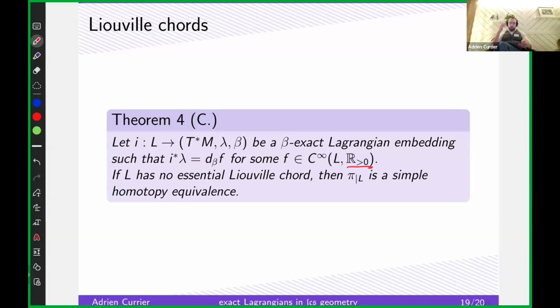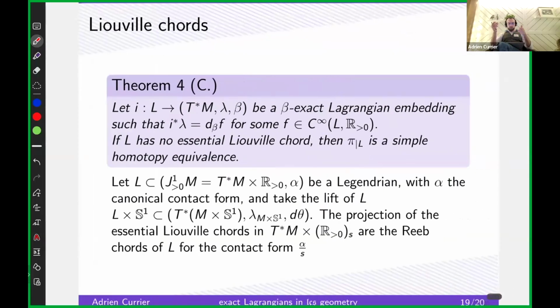And so in your mind, just swap out the LCS language for the contact language. You take a Lagrangian in jet space, and if it has no rupture, then the projection is going to be a homotopy equivalence. And this illustrates the parallel between essential Liouville chords and ruptures. Although the parallel goes a tad bit deeper, because if you take, for example, a Lagrangian in